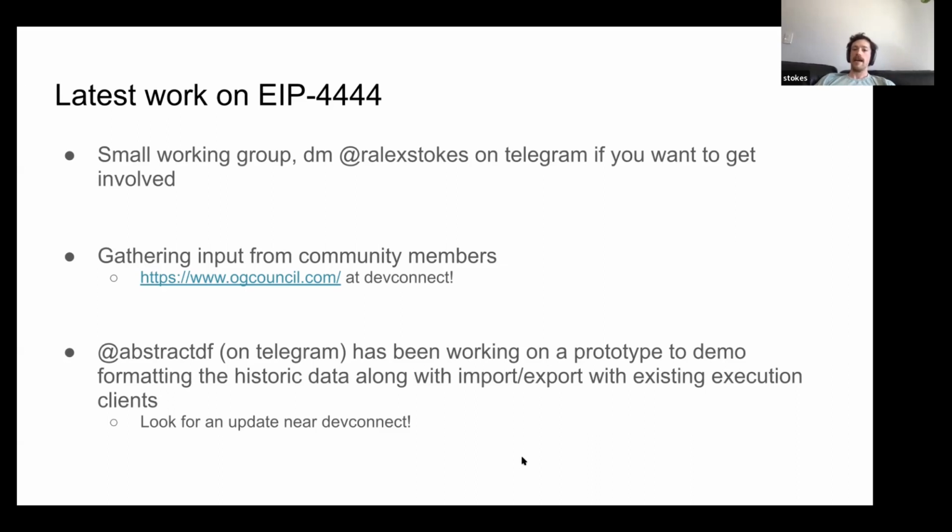And yeah, the concrete next steps would be getting some prototypes. There are two parallel tracks. There's prototyping the EIP, because I think that helps people conceptualize and actually see what would happen. But then also continuing this process of getting feedback and keeping them in sync as we go.